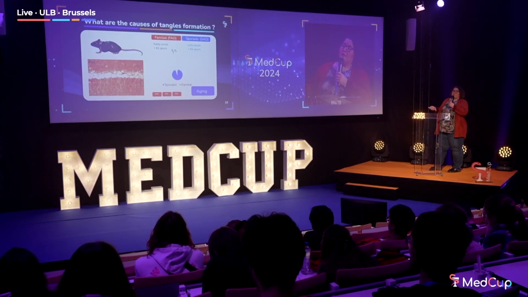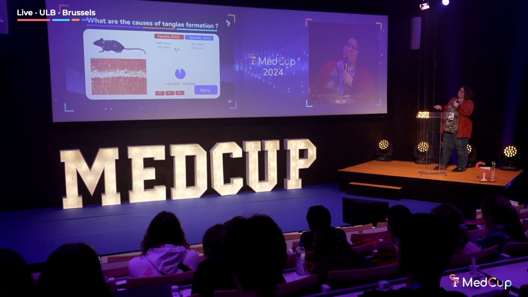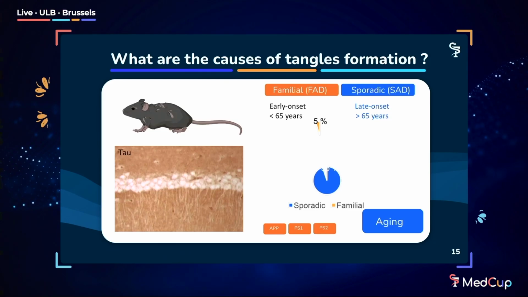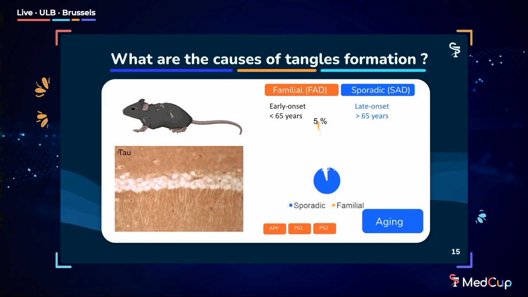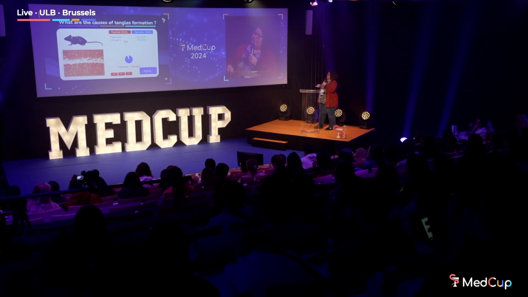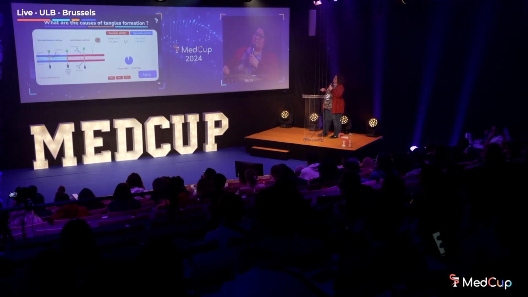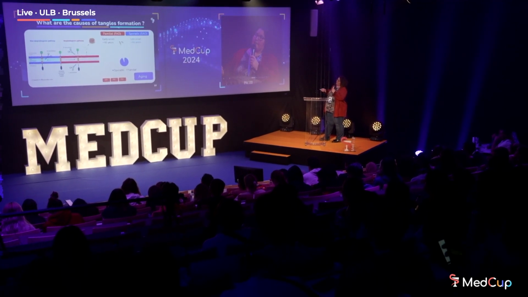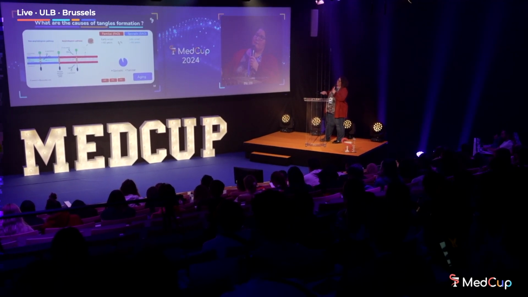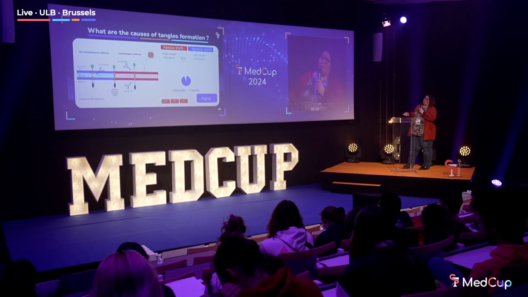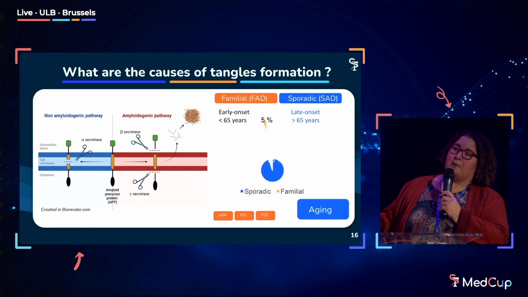Aging is the main risk factor. Thus we look at very aged mice to see what happens, and again, we do not detect any tauopathy. Thus aging in mice is not sufficient to generate a tauopathy. Next slide. In the familial cases, as I explained, we have mutations in APP, the precursor of the